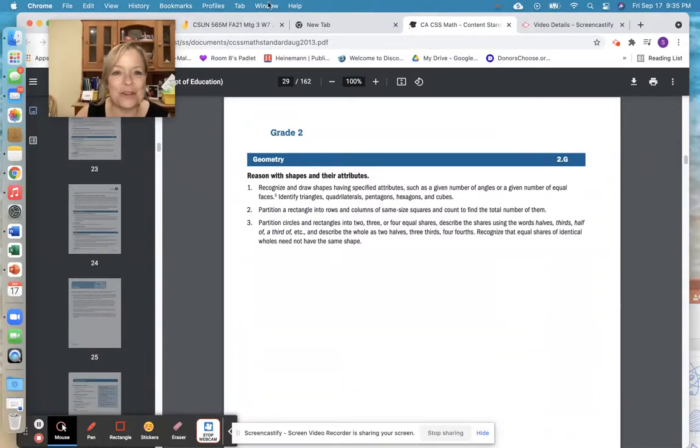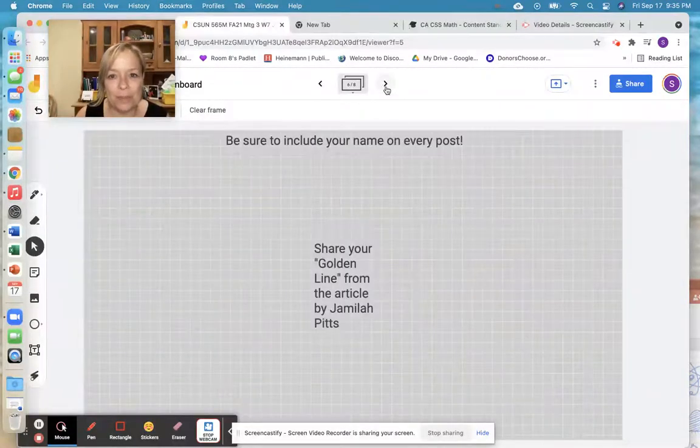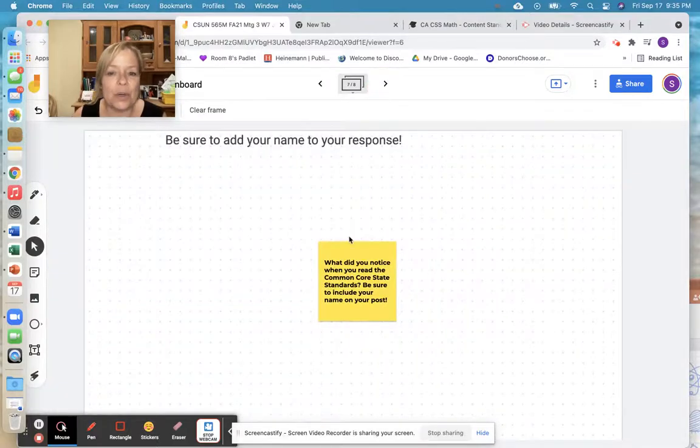Once you've done that, you're going to drop into the Jamboard, and you are going to complete: What did you notice when you read the Common Core state standards? Be sure to include your name on the post. So as you were reading through the content standards, what did you